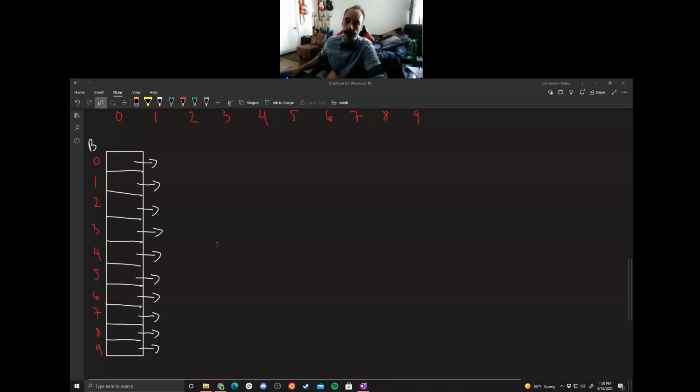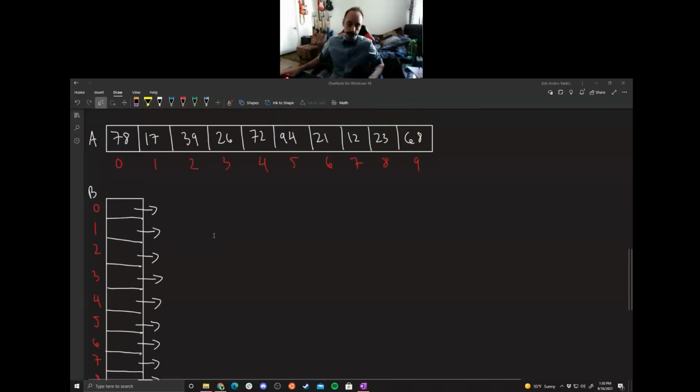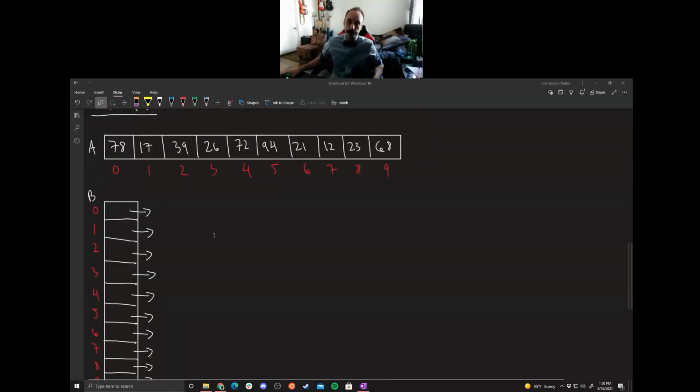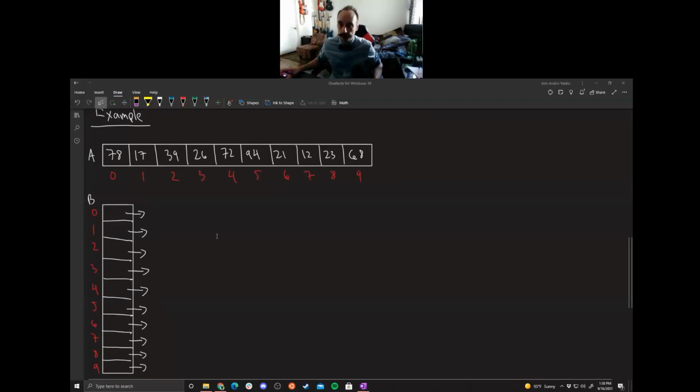And now we're going to basically take every element from A and put it into one of these buckets. So I'm going to zoom out a little bit so we can see it all. Right now, the biggest element in this array will be 94, and it has 2 digits. So we're going to divide every number by 100, multiply it by n, because n will be 10 in this case. So what's going to happen, we first take 78 and divide it by 100,